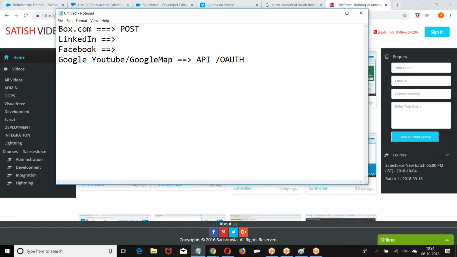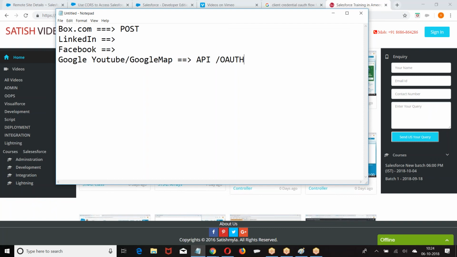Right? So what we have done is Salesforce to Salesforce, which we are not actually interested in. We did Salesforce to Salesforce to understand the process of authentication. Now we are supposed to make a request to a third party, using this process of authentication to request the data. That is the objective of this class. Is everyone good with the formats?